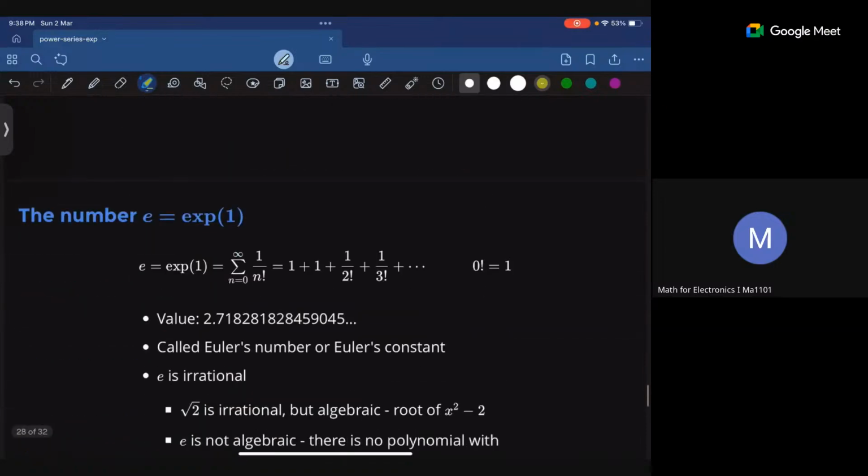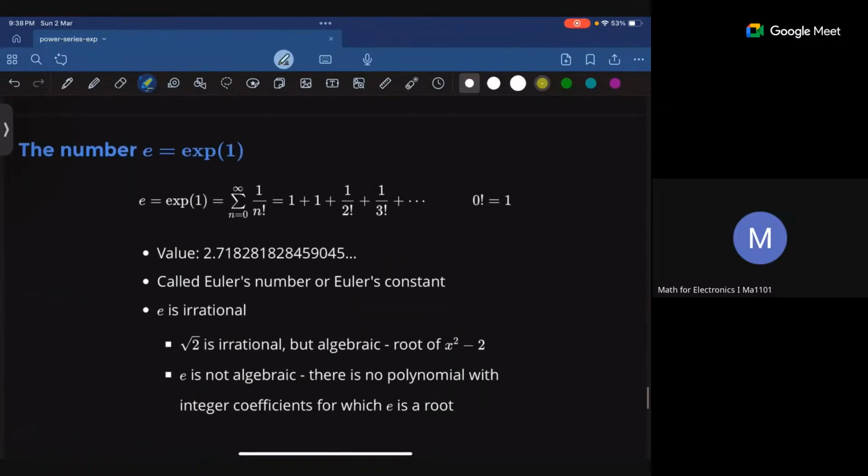Now a little more about the number e. 2.7182 something. So e is basically exponential of 1, which is 1 plus 1 plus 1 by 2 factorial plus 1 by 3 factorial plus and so on. So 0 factorial is equal to 1, and this also has a very nice proof,